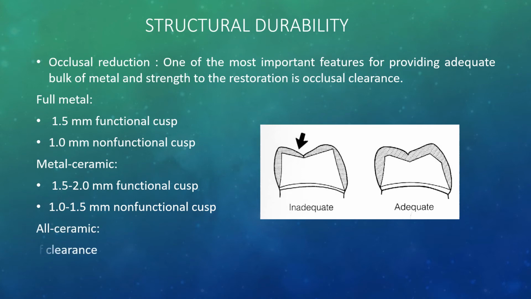Whereas in an all ceramic crown, 2 mm of clearance is required over all the surfaces, so that it can have enough thickness of the restorative material. So how do you, you might ask me, measure whether it is 1.5 mm or 1 mm? How do you evaluate it? From a clinical point of view, I would say that